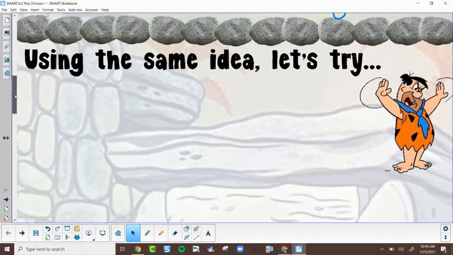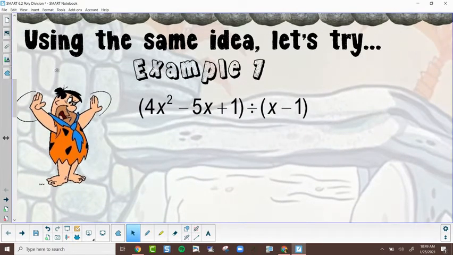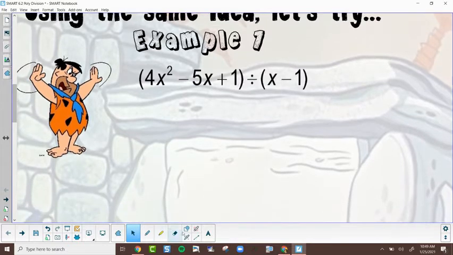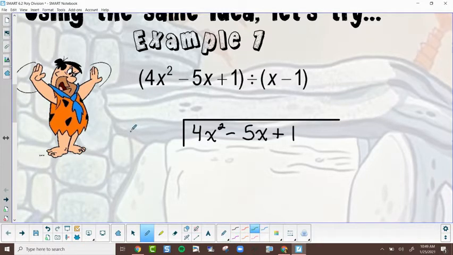So let's use this exact same idea with, I'm sure you're feeling like Fred, with polynomials, because it does actually work the same way. And you're going to set it up just like long division. And what I'm going to do is rewrite the first term of what I am dividing by, my divisor, in a different color, because you're only going to focus on the first term. How many times can x go into 4x squared? Just like when we did 6 going into 12. Well, this would go in